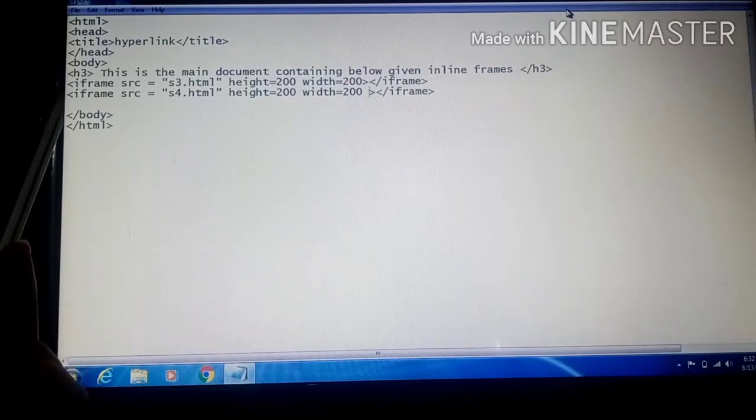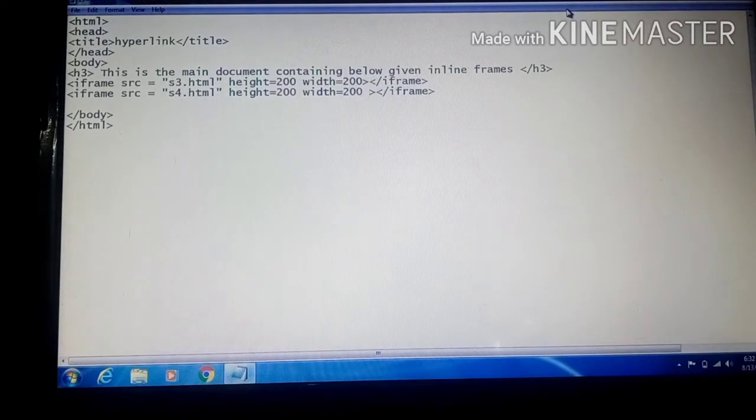In body tag I am using the H3. For heading, I am using the H3. You can use H1, H2, H3, H4, H5, H6. As you use H1 to H6, the display of this line will be different. H1 will be more bold, H2 will be light bold, H3 will be more light bold, like this. You can see the changes by using the different types of tags, h1 to h6.